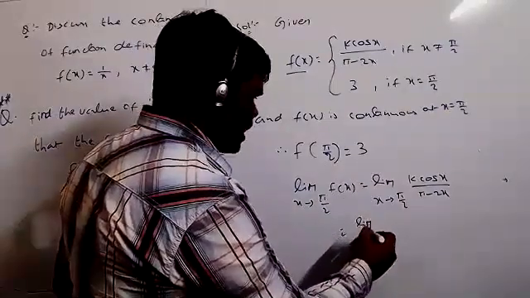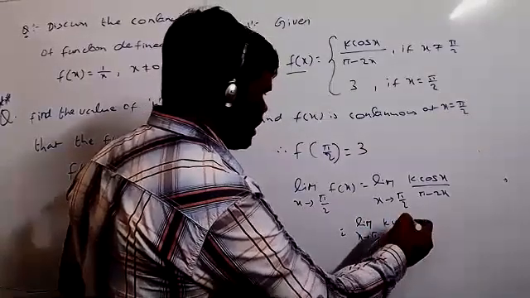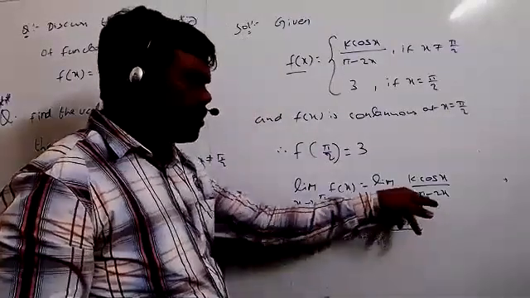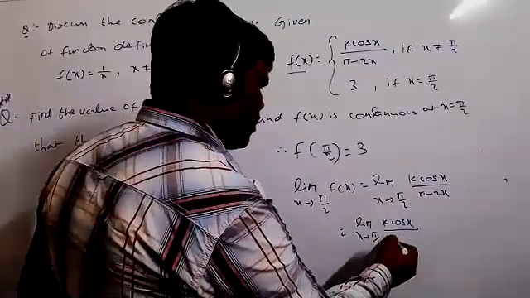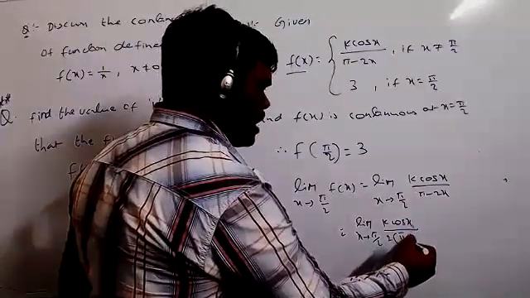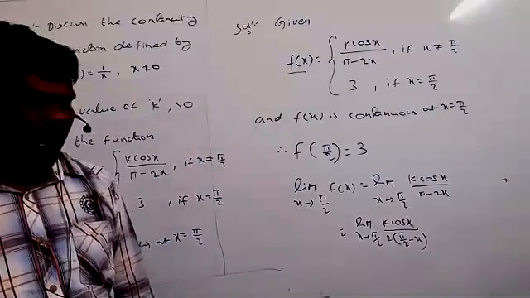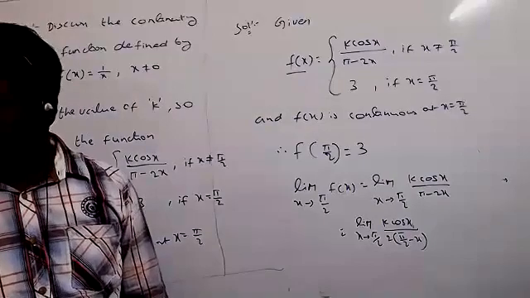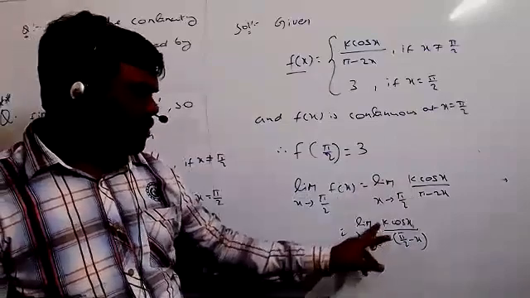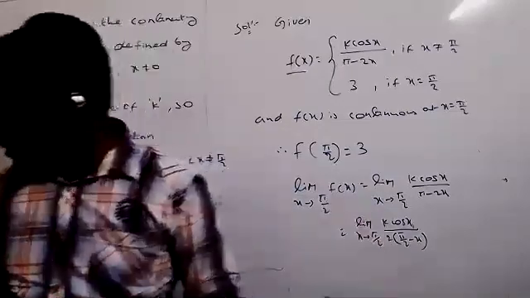That k is the limit as x tends to pi by 2 of k into cos x, whole by... Now from this one I am taking 2 common. So what do you get? If I take 2 common, this is pi by 2 minus x. Am I clear? Students, please respond. Yes, sir. Now here k by 2 is the constant value. So k by 2 you can take outside.